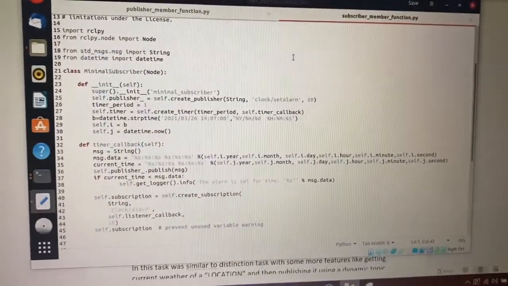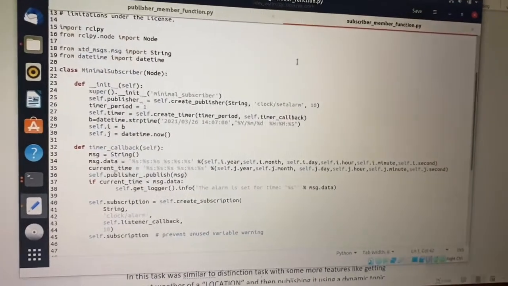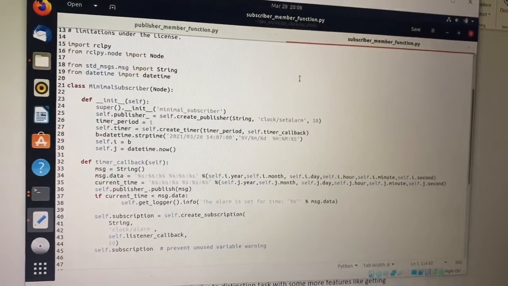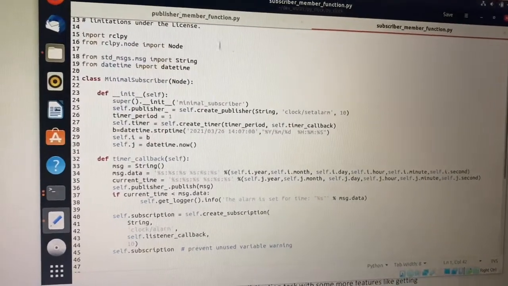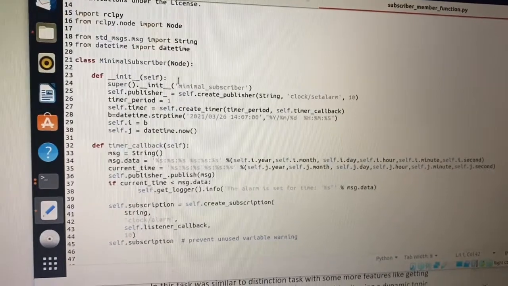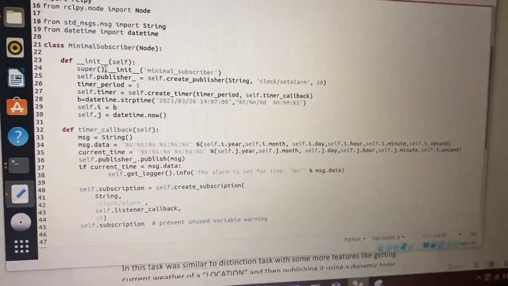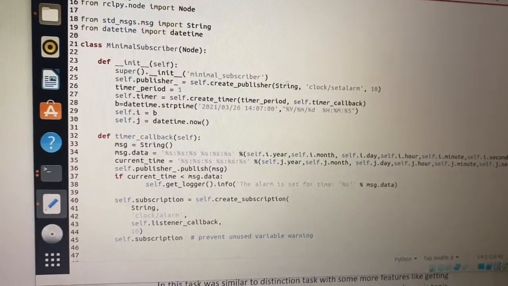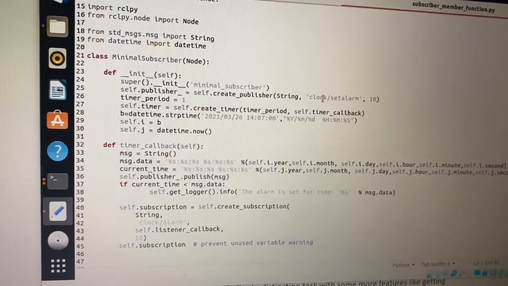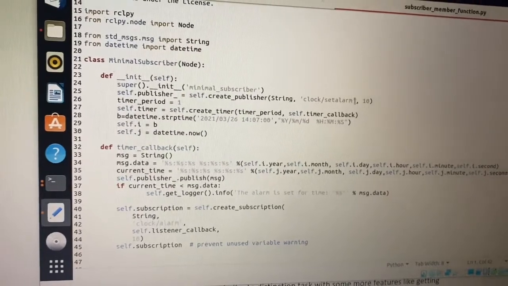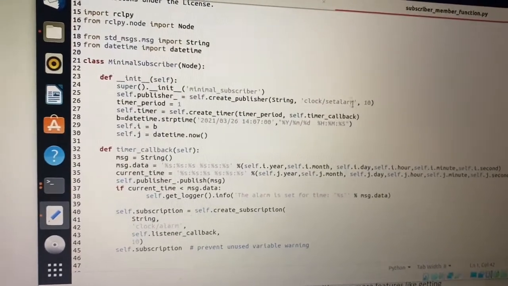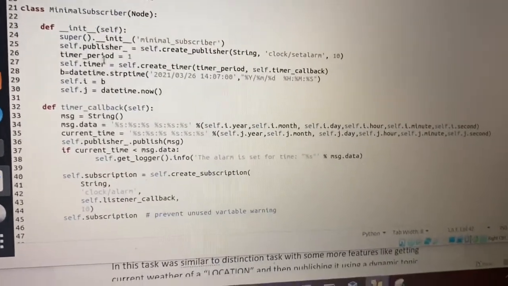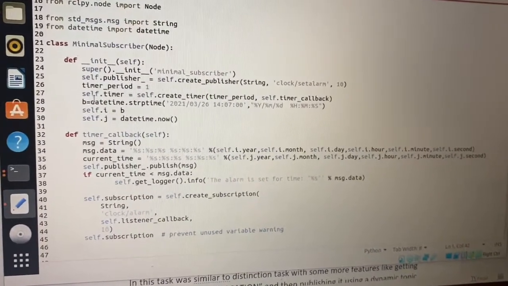Initially, the subscriber will publish a time to tell the publisher that we want an alarm at this particular time, for which we have used import datetime from datetime. In the constructor, we have used the publisher part, which will create a publisher of type string, topic clock/set alarm, and the queue size is 10. The time period is 1, so that it prints after 1 second. And then self.timer